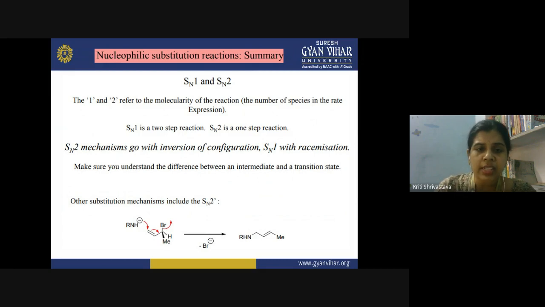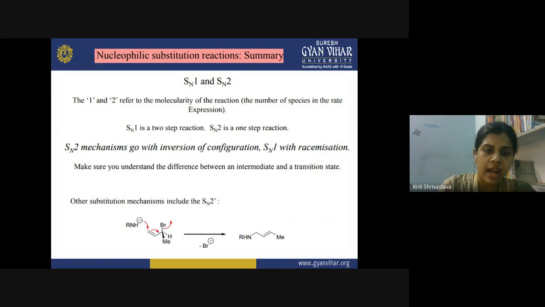So some other substitution mechanisms can also be shown by the SN2 mechanism. Like one of the examples taken here, where this amine anion is attacking on the double bond, and this type of substitution is taking place, which results in the shifting of the double bond. So you can see the curved arrows, they are showing the movement of the electrons. The unshared electron pair on the nitrogen atom is attacking the terminal carbon here, and